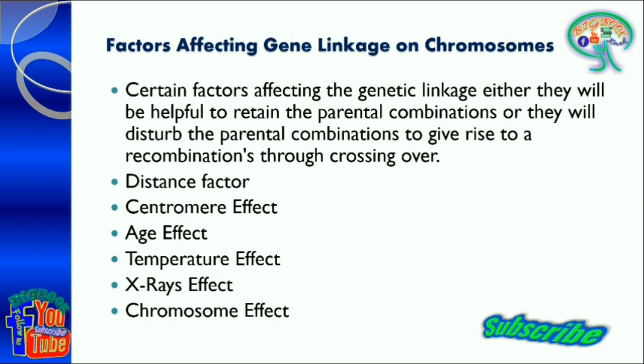Certain factors affecting the genetic linkage, or the gene linkage, will either help to retain the parental combinations or disturb the parental combinations to give rise to a recombination through crossing over. Here parental combinations can be of homozygous or heterozygous form. So here, to study inheritance and to understand whether crossing over has happened or not, we have to take two different